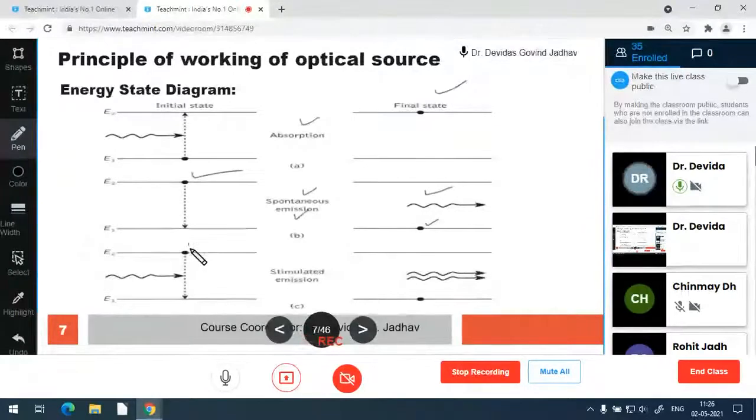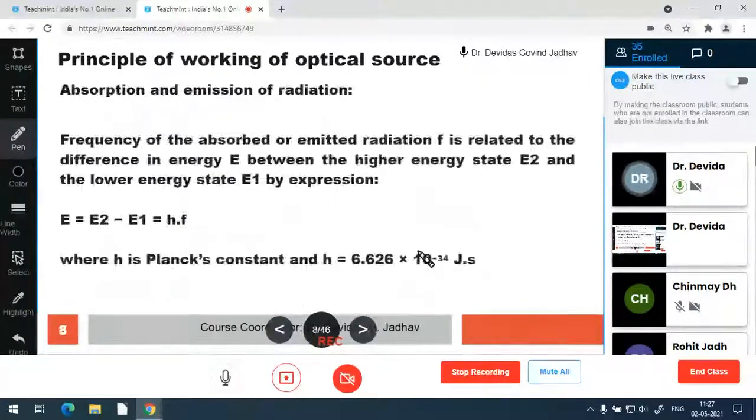If initially the atom is at the higher energy state, an external photon of energy hf, equal to the band gap energy of the material, is incident upon it and interacts with this atomic structure, then that atom is forced to go from the higher energy level to the lower energy level, emitting one more photon of same energy, which is equal to band gap energy. That is, the frequency is same, the wavelength is same, so monochromatic, and both the photons are in phase, and this is called coherent. So coherent and monochromatic emission is in the stimulated emission, observed in the laser devices.